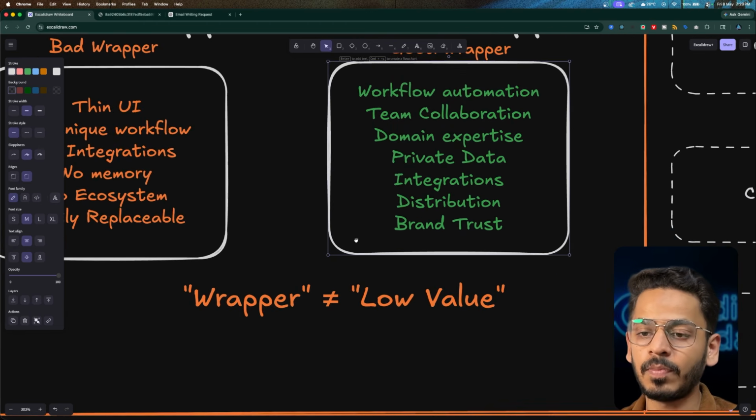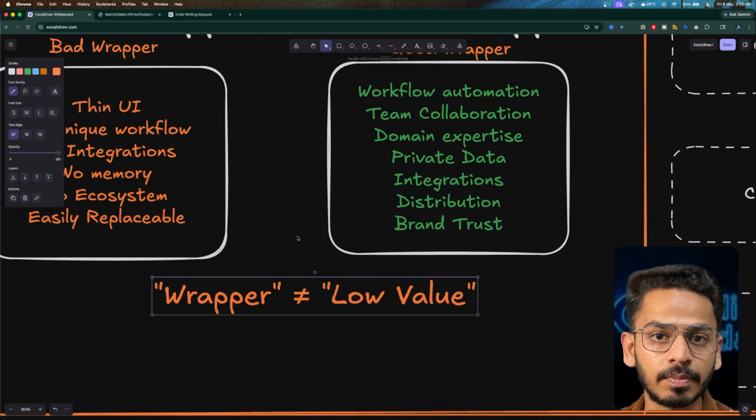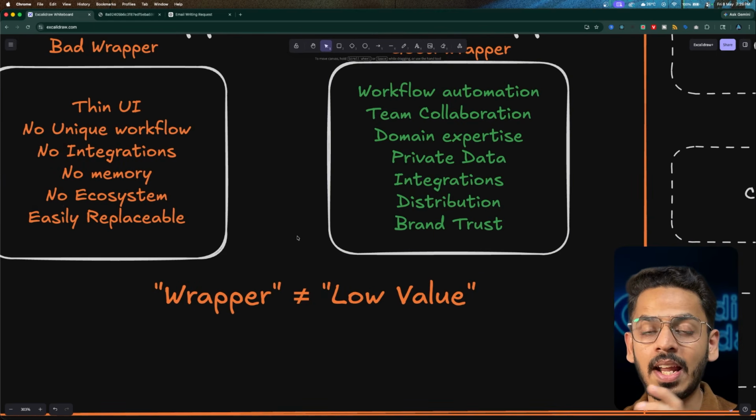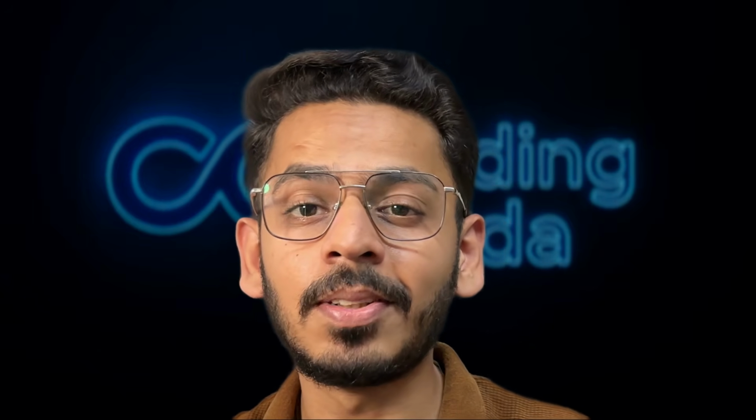And just to be clear, wrapper does not mean it provides low value. A wrapper is just an abstraction over something that is built. Okay. So next time someone says it's just a wrapper, remember almost every important software product in history was a wrapper. So, what's the most powerful wrapper you use every day?